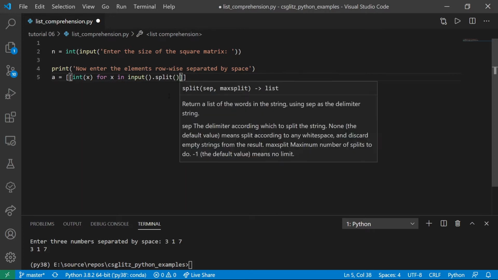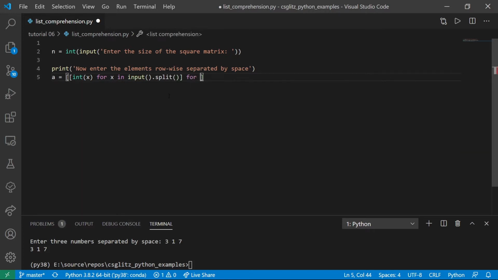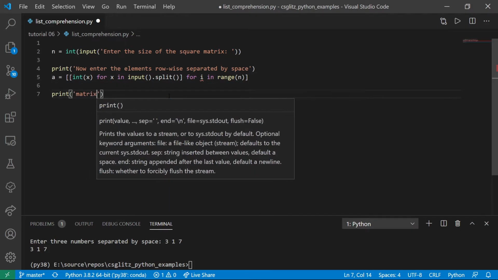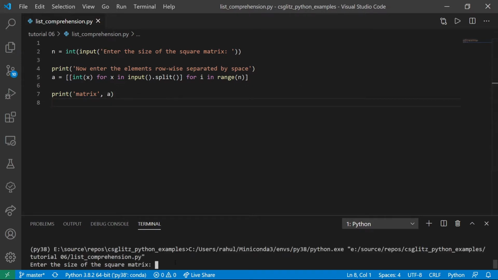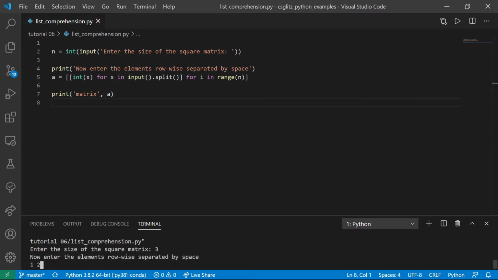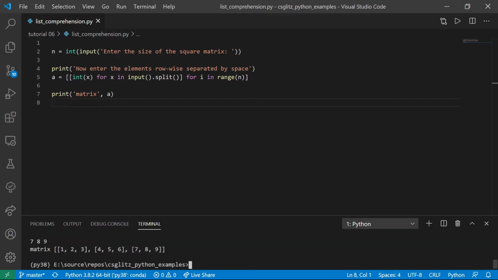Then, to get those elements, it needs to evaluate this expression, which will create a new list by taking the input and splitting it by white spaces, and then converting every element to int. We can actually do all that in a single line.